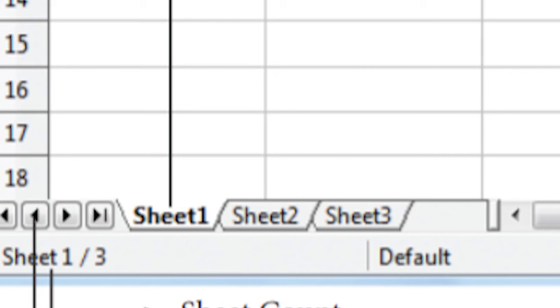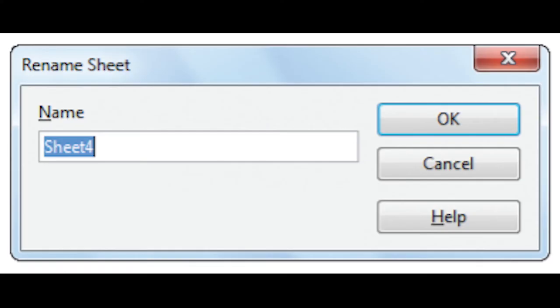When you double click it, it will give you a dialog box showing the name of the sheet you are clicking, and you can just type whatever name you need. If you are doing it for a report, you can type Report 1, and you can just click on OK, so that the name will be assigned to that particular sheet, right?